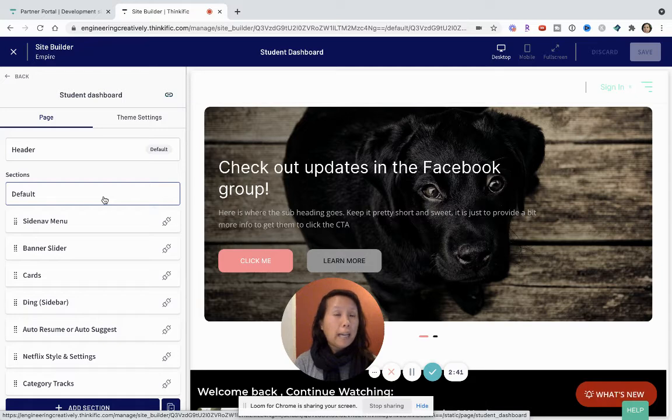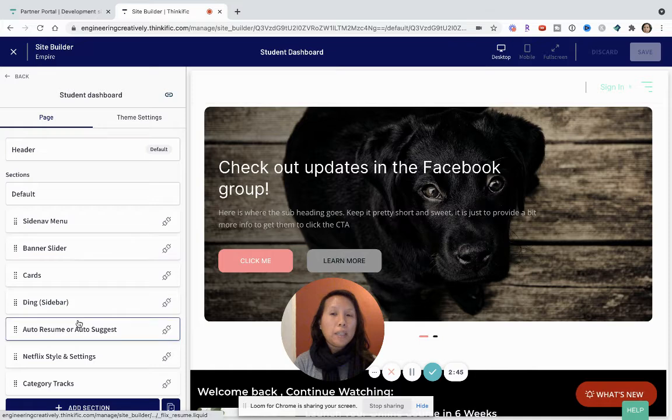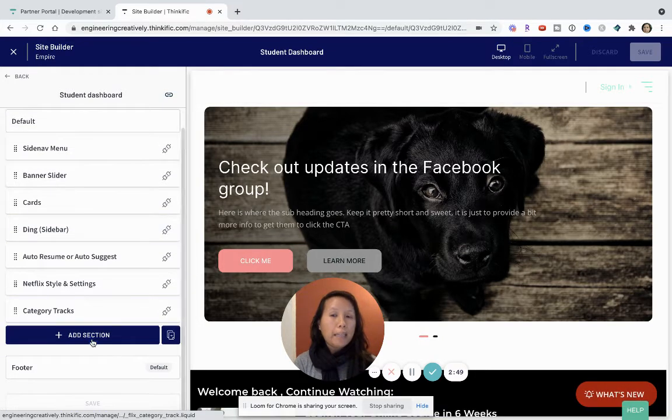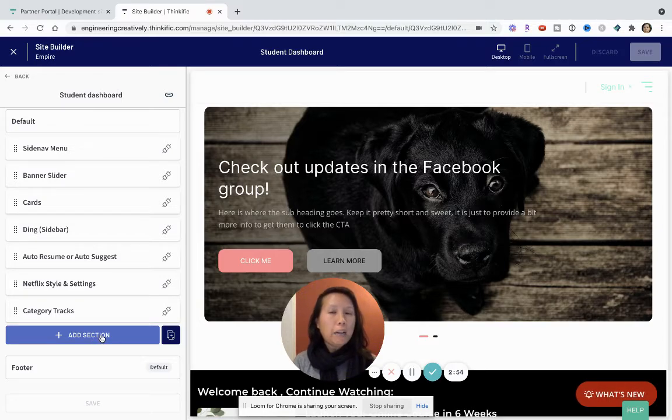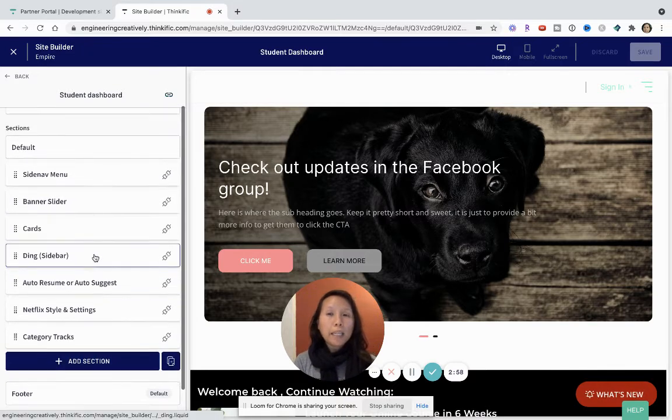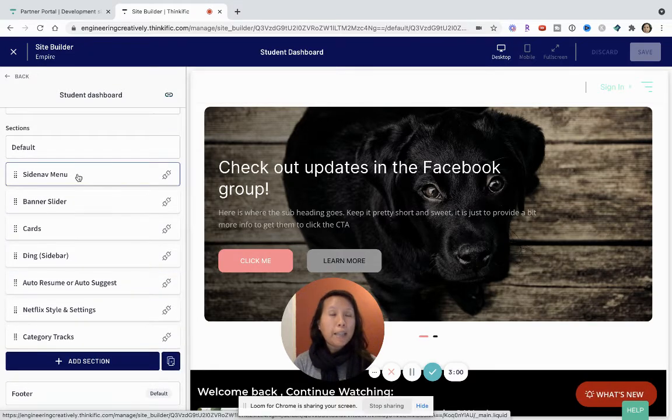If you go under Design Your Site, and then you click on Site Builder, you can look for your student dashboard page and then add the different sections. I'm not going to go too deep into how you add them because they're covered in my previous video. But I want to show you how I've set up the SideNav menu, the banners, and the